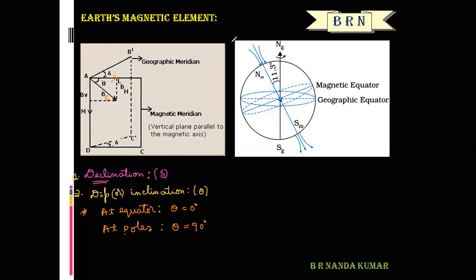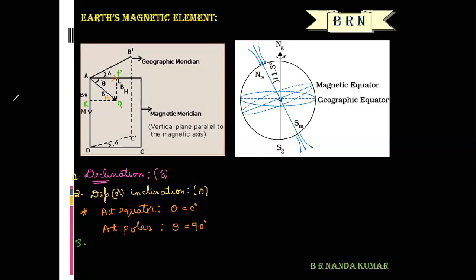Now look at this diagram. Let us consider this point as P, this point as Q, point R. The third one is the horizontal and vertical components of Earth's magnetic field. We have to find the horizontal and vertical components of Earth's magnetic field using this diagram. This is angle theta, the dip. This is the perpendicular, this one is the hypotenuse, and this is the base.